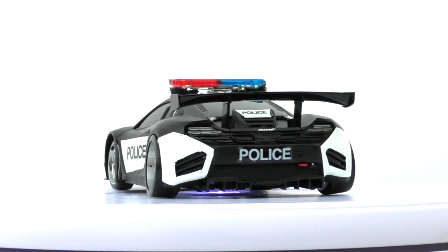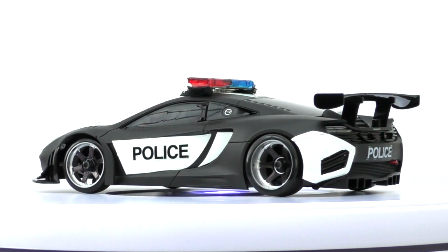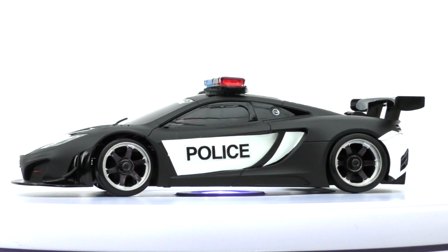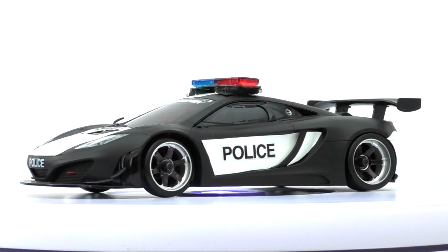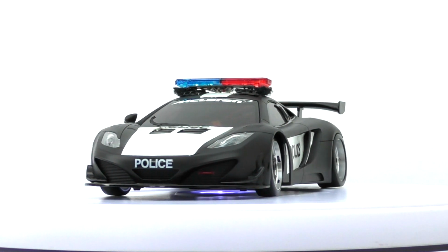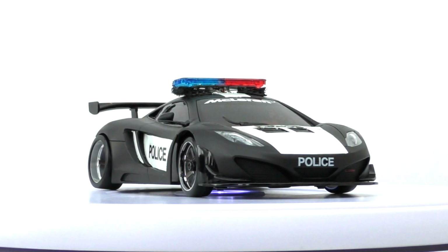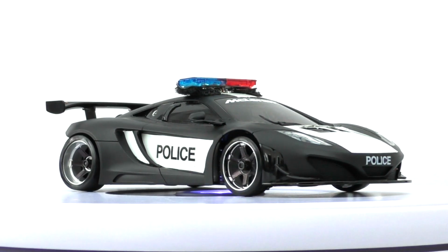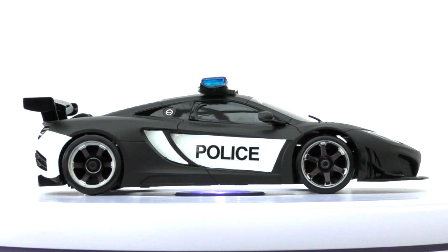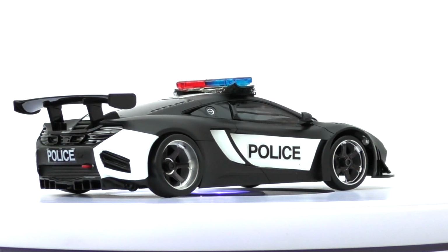And although guys this is not officially rare, this is rare because this is just a McLaren that I took, a black one, and I put police decals on it, turned it into my performance police car, kind of like inspired by the police cars we've got in Dubai. So yeah, so basically the McLaren 12C GT3, and it was the matte black version, and I basically got a light